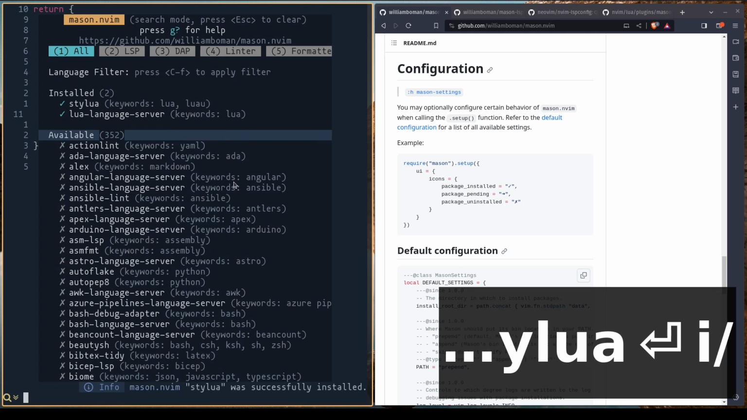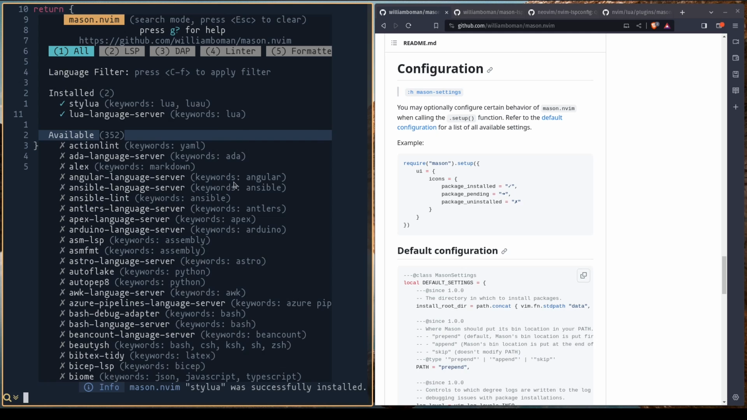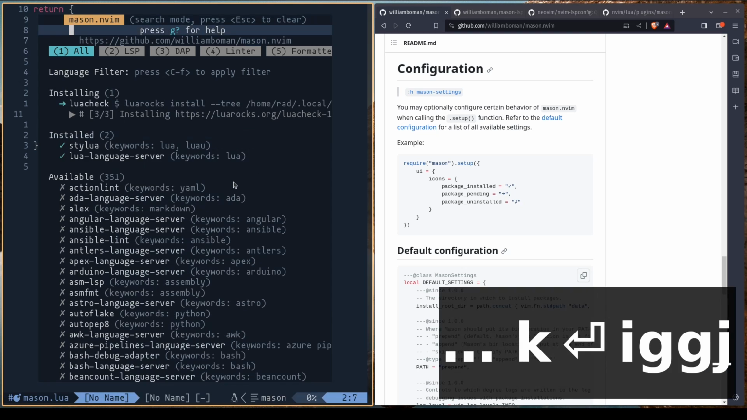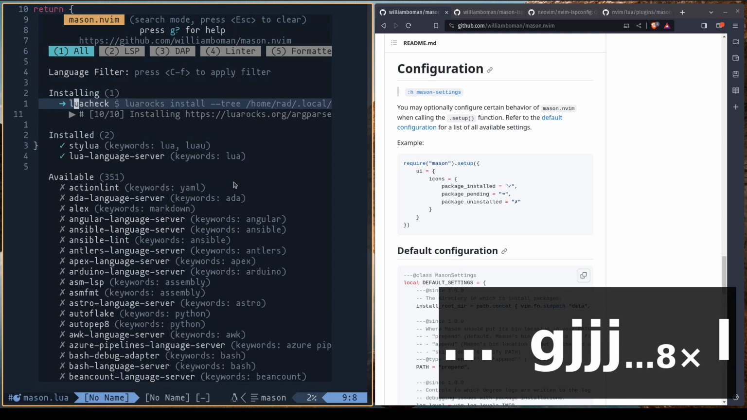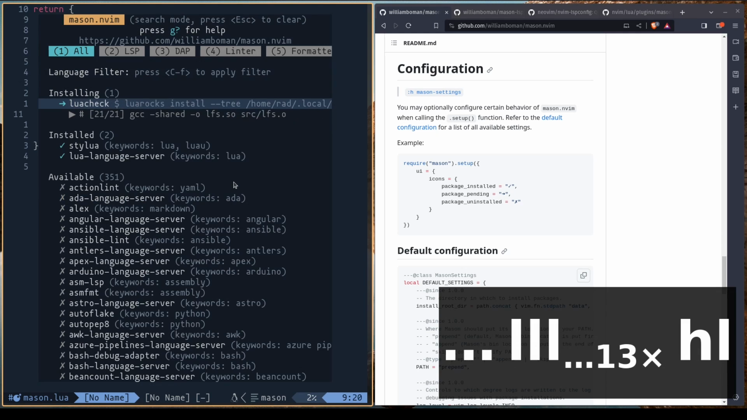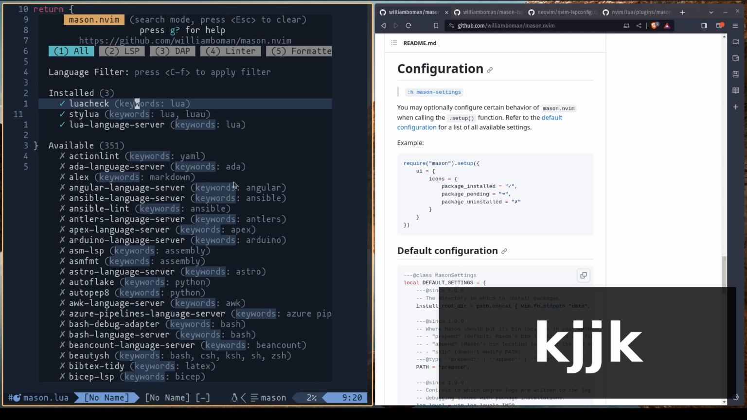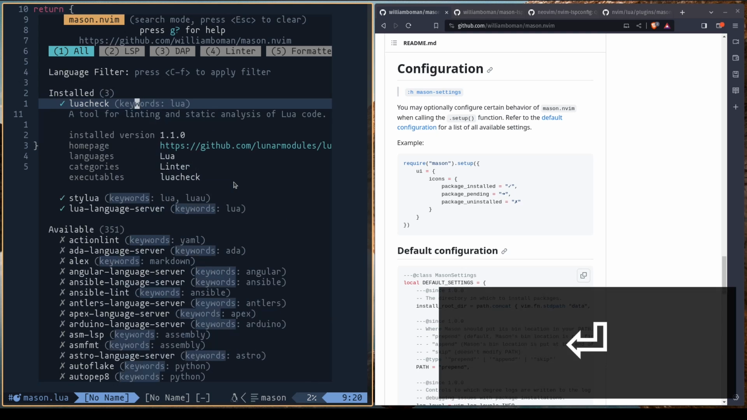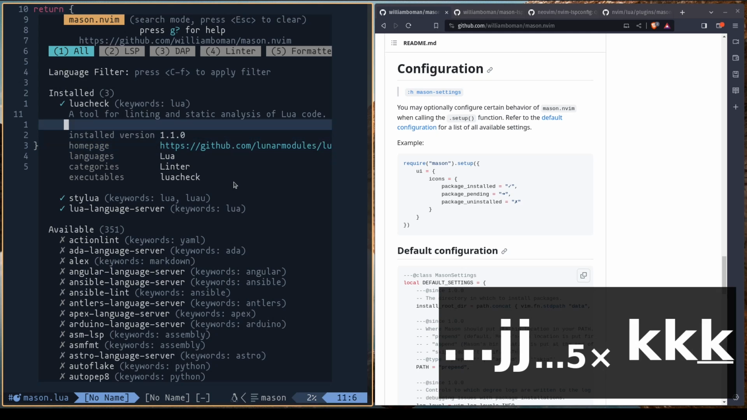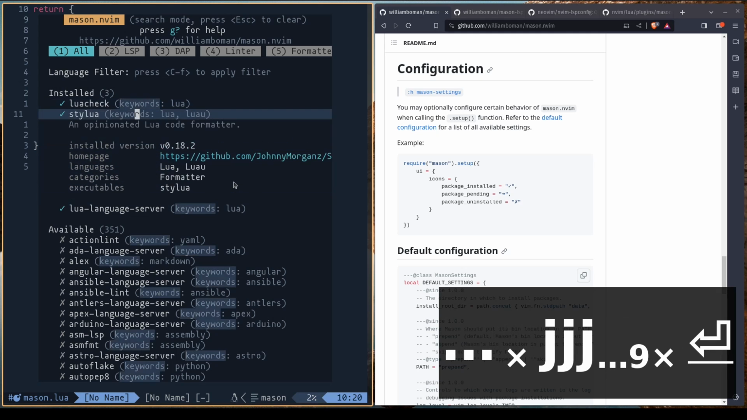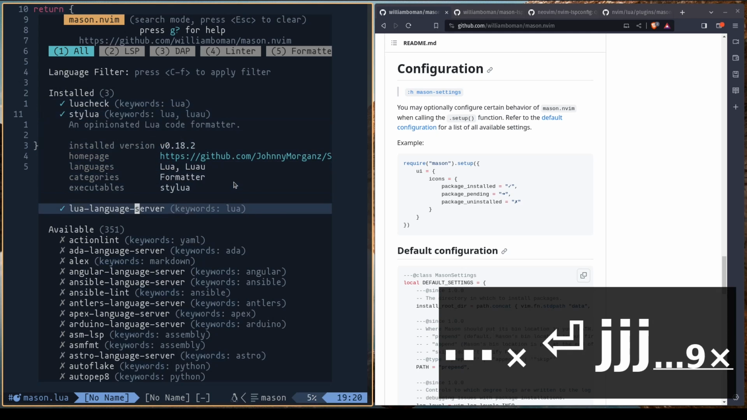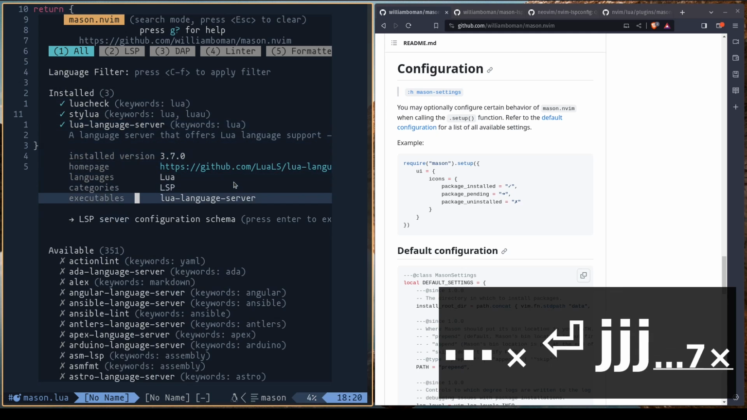And finally, I want to install the linter, which is Lua check. We can go to the top and we'll see that this is being installed, notably using Lua rocks, which we installed via the command line just a moment ago. And now we've got these installed and we can click enter on each of these and it'll tell us what they are. So Lua check is the linter, Lua is a Lua formatter, and the Lua language server is an